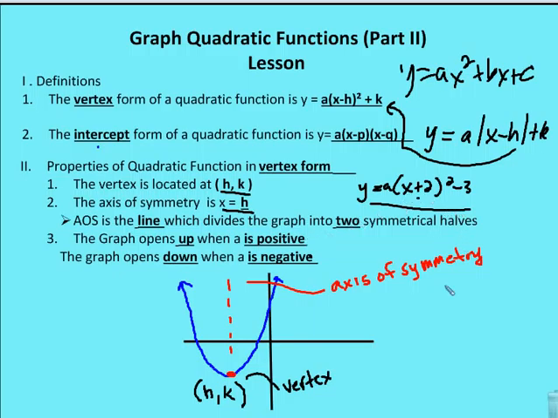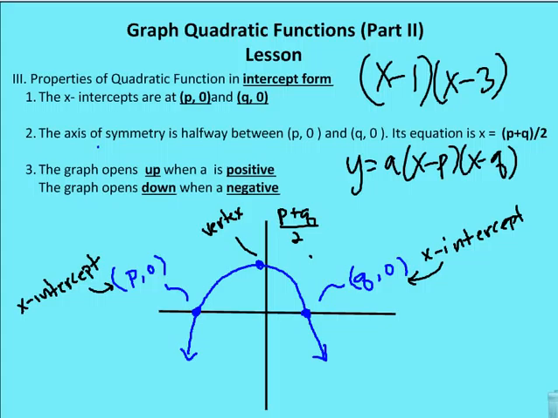The graph opens down when a is negative. So if I were to rewrite this function as y is equal to negative (x plus 2) squared minus 3, then this graph would open down. Okay, let's talk about